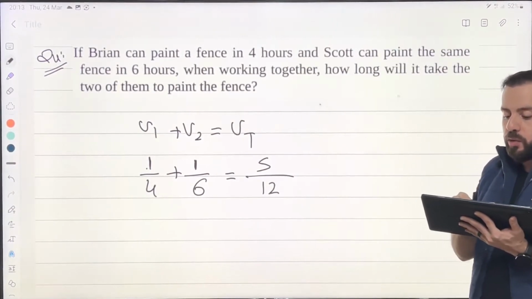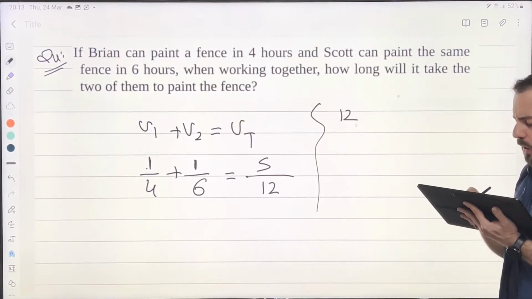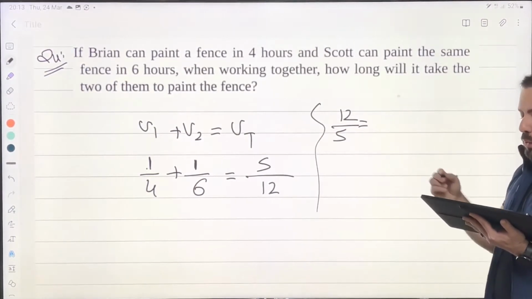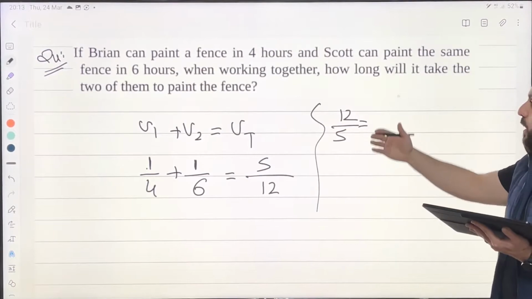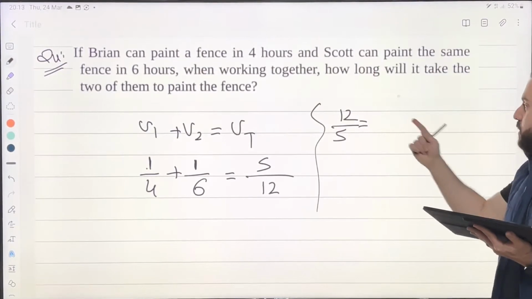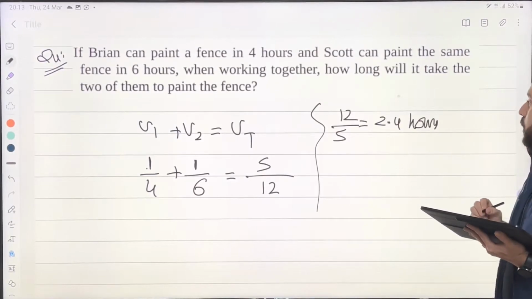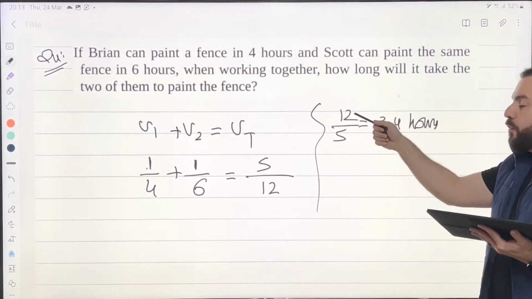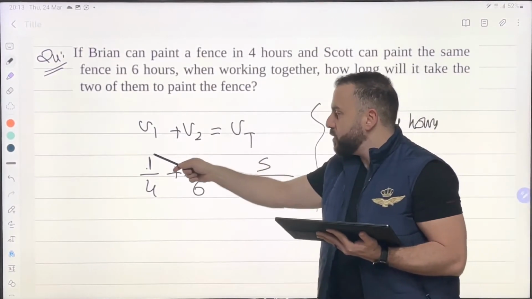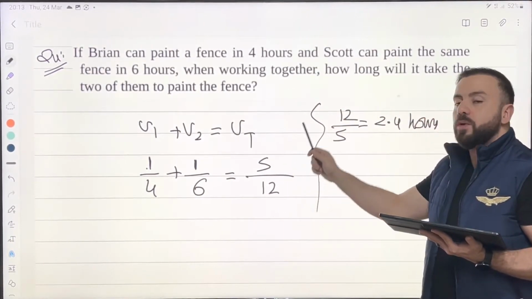So what am I going to do? There are many ways, in ratios and proportionality. Check this. I'm going to do 12 divided by 5, which means dividing the hours by the 5, so each fence will take 2.4 hours. In this case, this is the number of hours and this is the number of fences that I'm doing. One fence over 4 hours, the other one fence over 6 hours, gives me 5 fences over